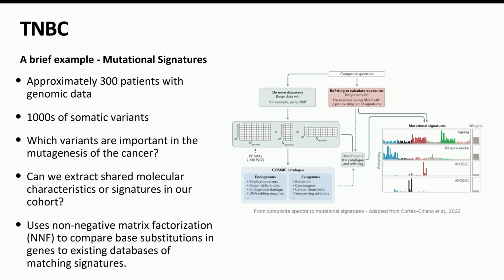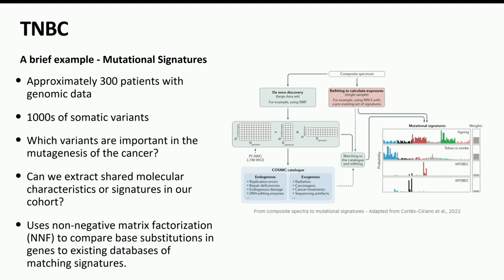So just briefly, because I know we all want to go to lunch, with triple negative breast cancer, we are conducting multi-omic studies on a cohort of patients enrolled in what's called the Artemis trial, and these patients are receiving various targeted treatments. Most of them have both genomic and gene expression data. We also have radiomics and some digital pathology data, and we're hoping to integrate this in the future into a larger prognostic model.